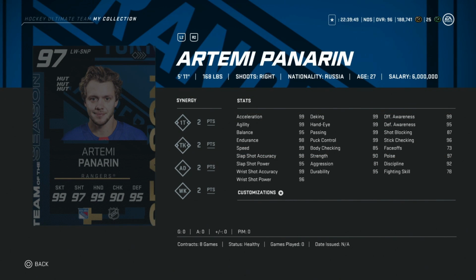The 97 Artemi Panarin, an endgame card. 99 skating, and then his shot is almost 99 as well. One of the better right-handed winger cards in the game with 99 hand stats across the board. Obviously, his body checking is not very high, but if you are someone who likes to straight line down the